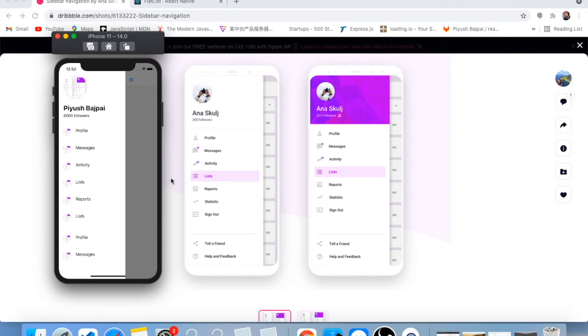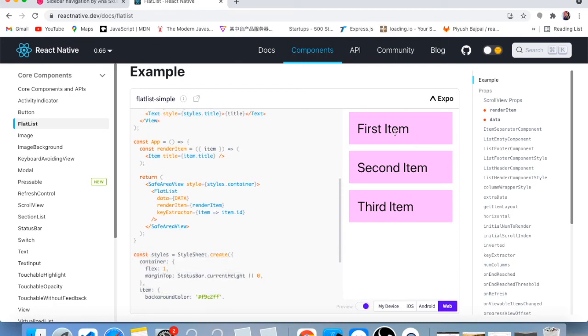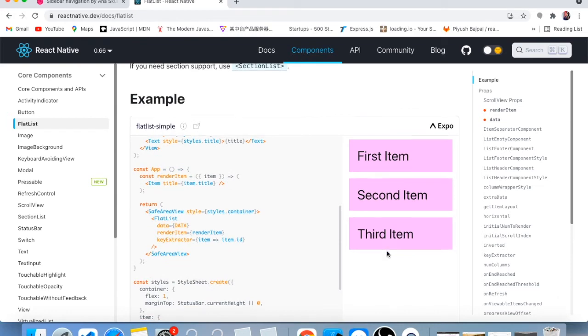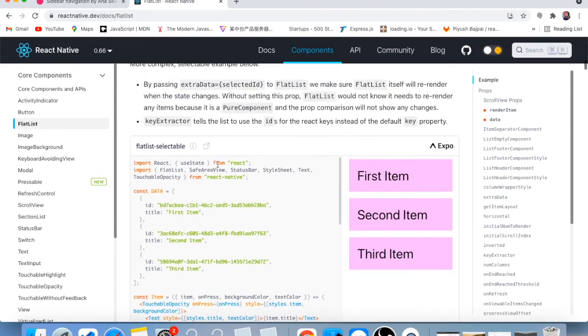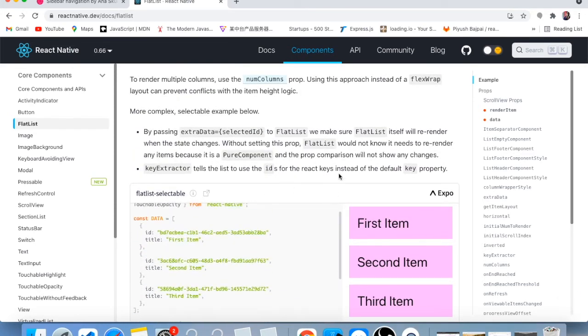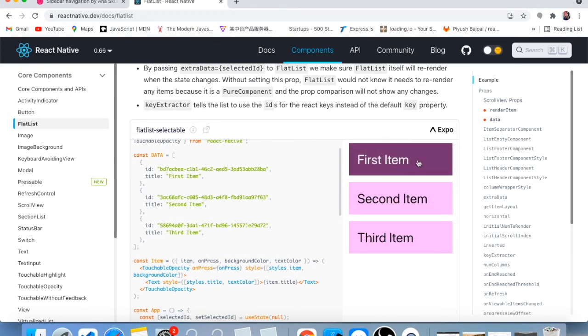Okay, now the challenge is we wanted to highlight the selected item, right? So how to achieve this? Cool. If you go to the flat list, then you will get an amazing thing. If you see here, we have this first item, second item, third item, right? But if you scroll a little down, you will get this kind of example. If you select any item, you can see the selection, the background color is getting changed when